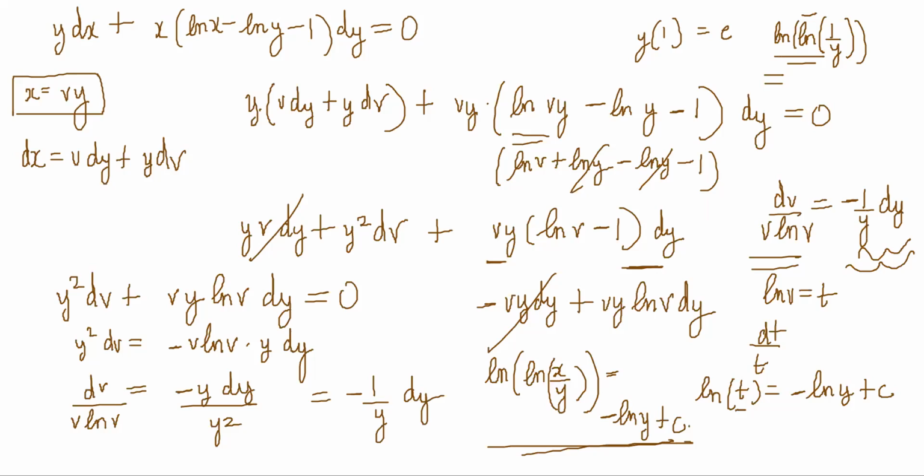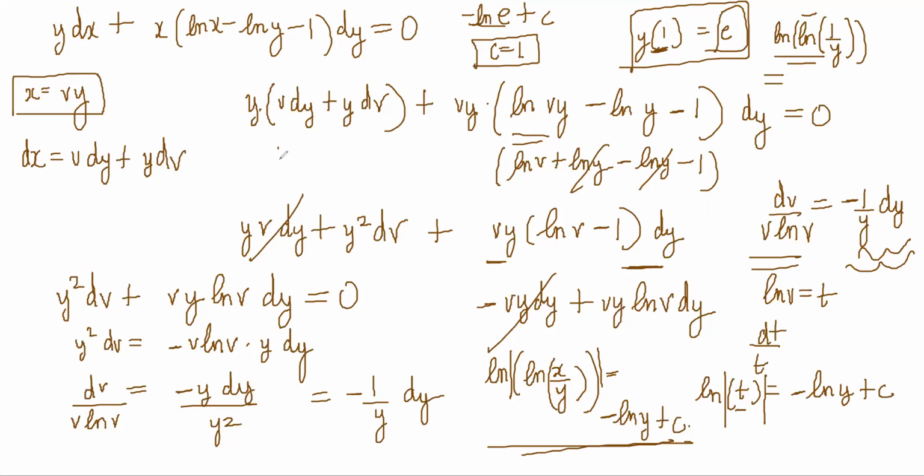So we have missed out on the mod. In so many places when you integrate, it's always a mod. Every place you integrate, you have to put a ln of mod t. So this is ln of 1 only. So left hand side is 0 and minus ln of e plus c. So this is minus 1 plus c, so c is equal to 1. So y of 1 is equal to e means in place of every x we put 1, and the y value comes out to be e.